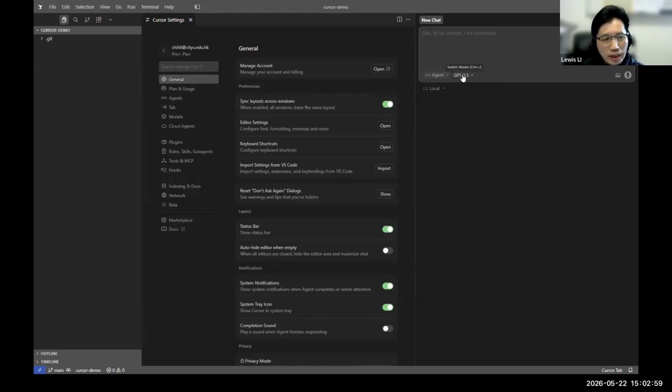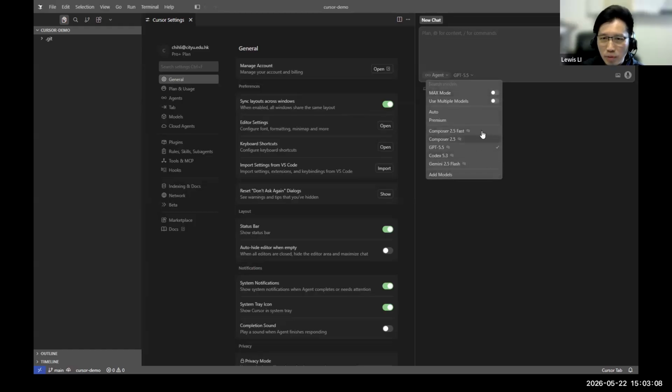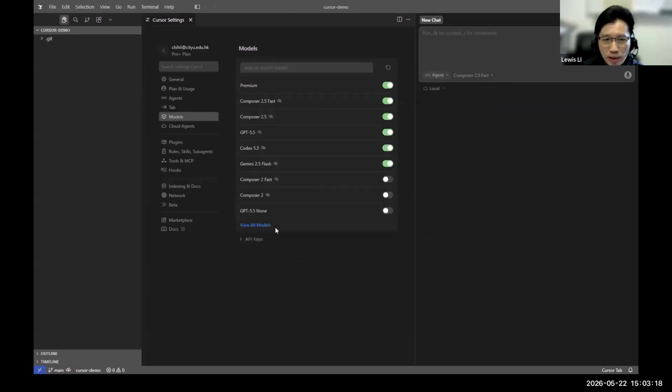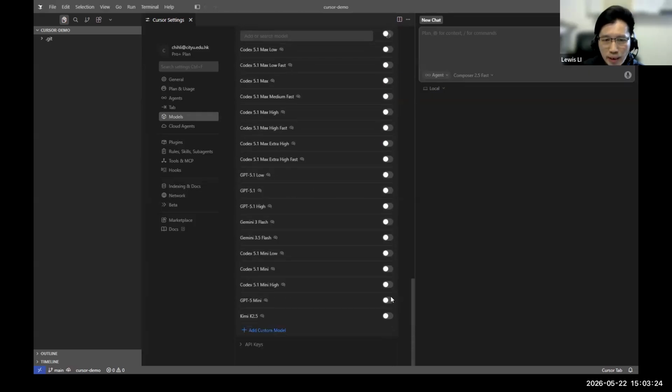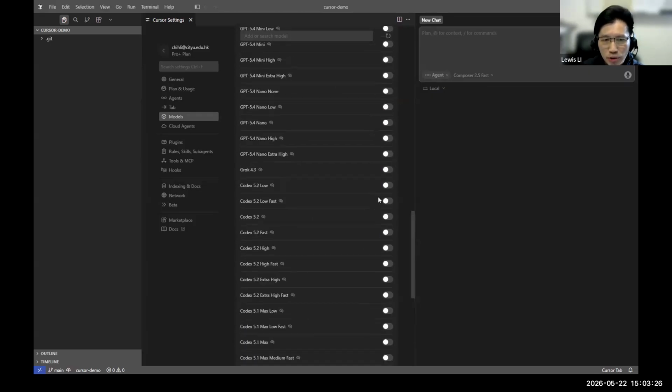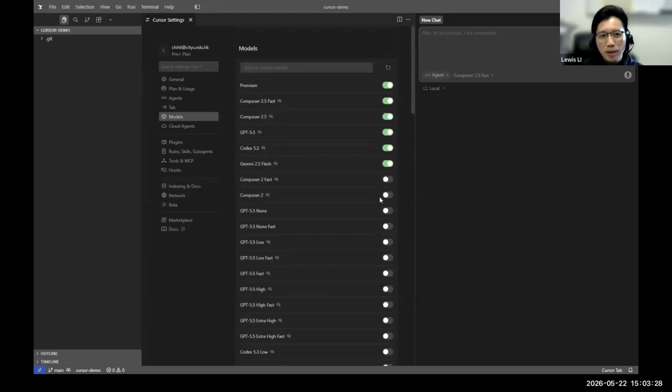Okay, so just like if you're using your Gen AI, you can select different models to use, like DeepSeek, GPT, and here you can select different models to work with your task. Okay, if you want to add more, you can click Add Model here, and there will be a long list here that you can turn on for the models you want to use. Okay, so there are many models that you can choose to use in your cursor.